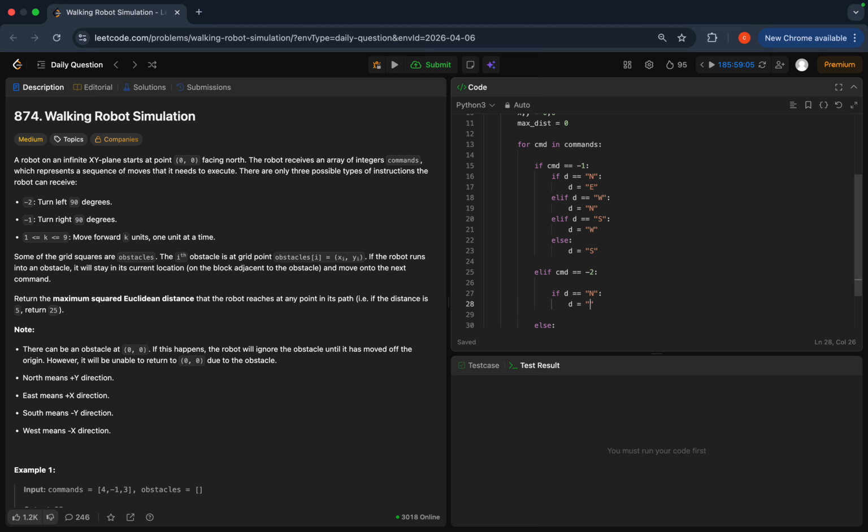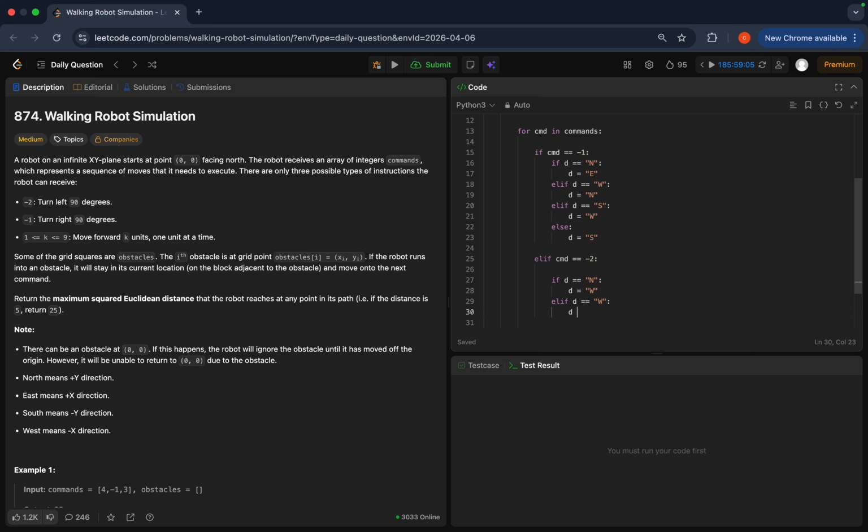So is equal to west, and elif d is equal to west here, then what happens is this becomes south, right? Yeah, north, this should become south. So west, what happens is d is equal to south, and elif